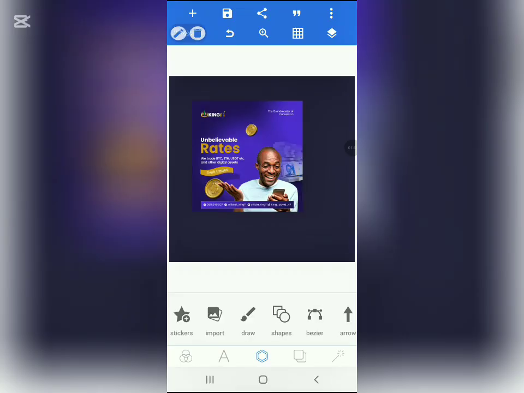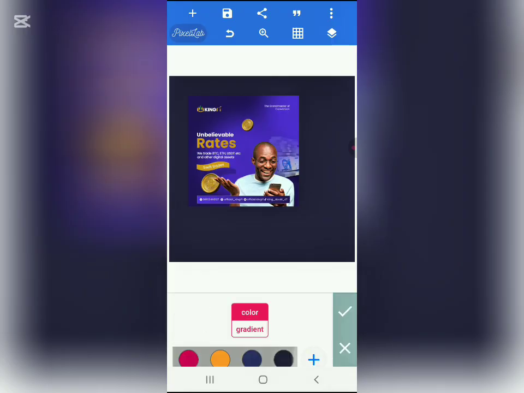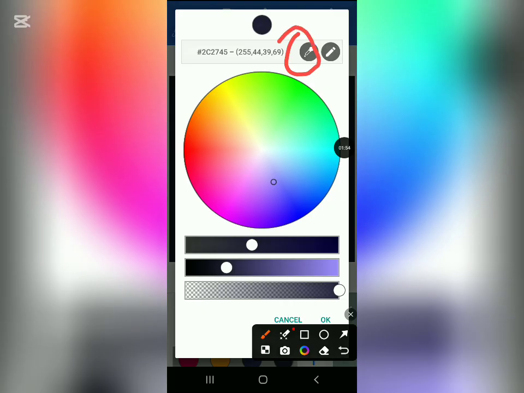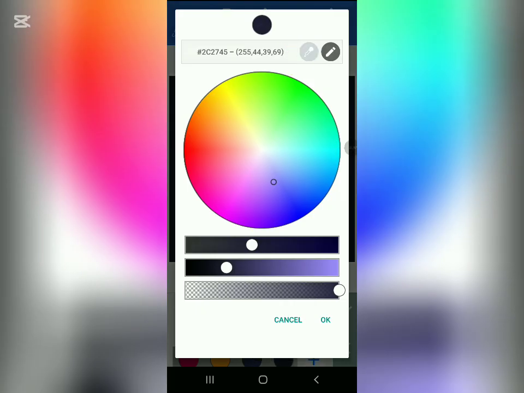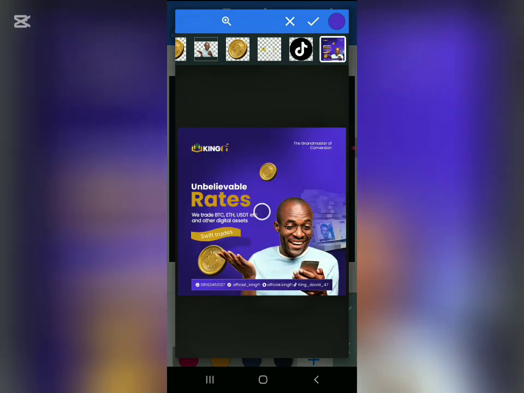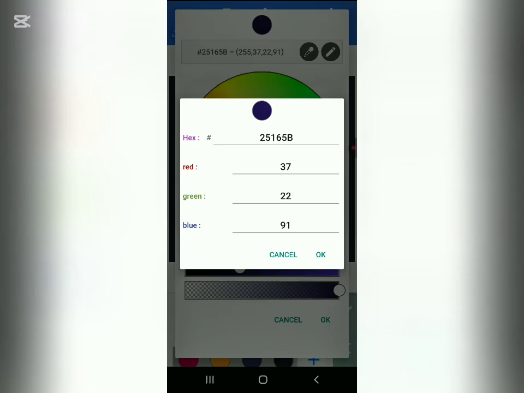This is the design. So first thing we're going to do is to come to this hexagon shape, and go to color and click on this plus icon. I don't know if you can see it. I want to pick the color from the design. So I'll click here and I'll look for this design I imported. So I'm going to touch this side now. Okay, so that's the color I'm going to use. So I'm going to show you the color code. So the color code is